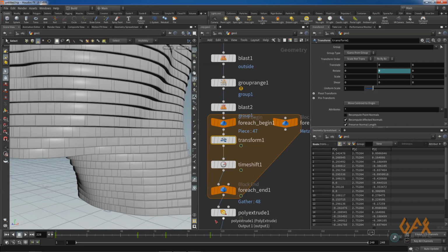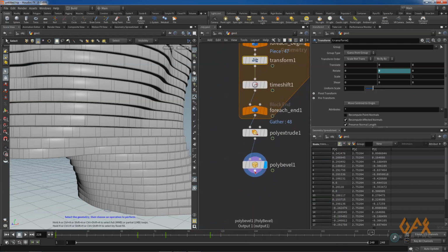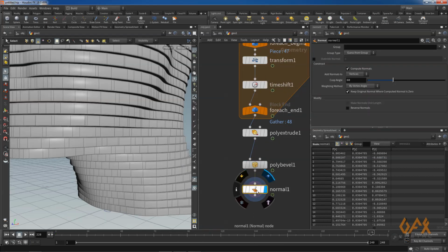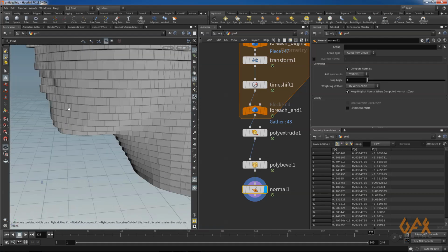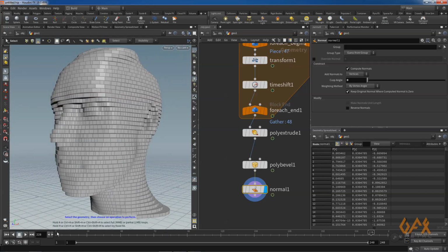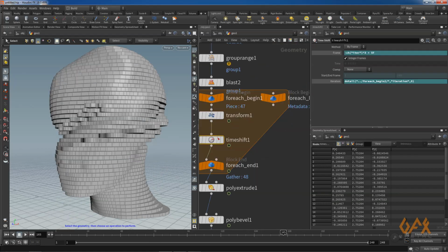So for that, what I prefer, if you need some sharpening in your geometry, I just apply normal at the last of this particular thing, and I change the curves angle to 0, and now it gives you some hard edges. So the main thing is how you fetch that detail and how you use that detail.